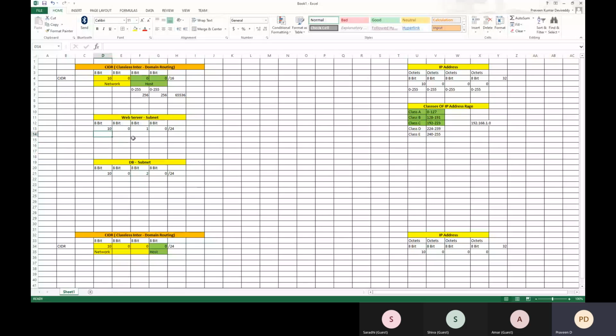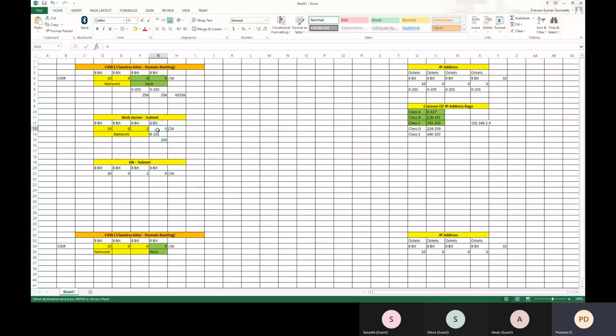So these first three are reserved for networking. The first 3 bytes are reserved for networking and the only available one is the last one, which is nothing but 0 to 255.